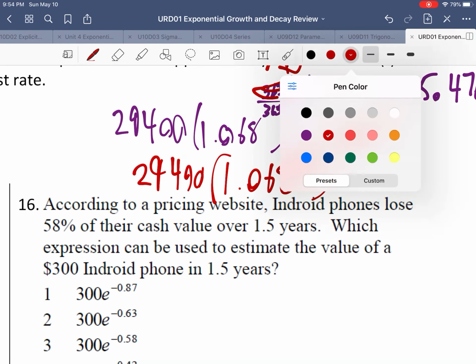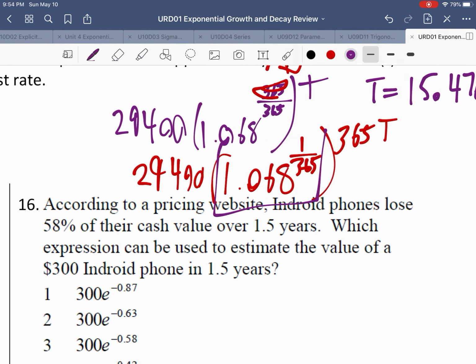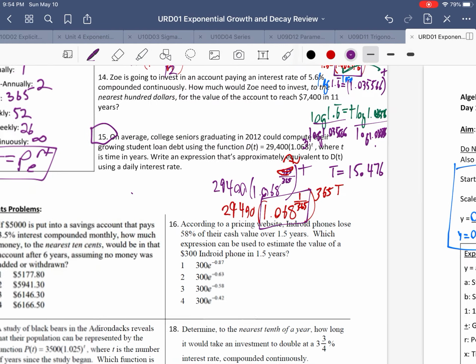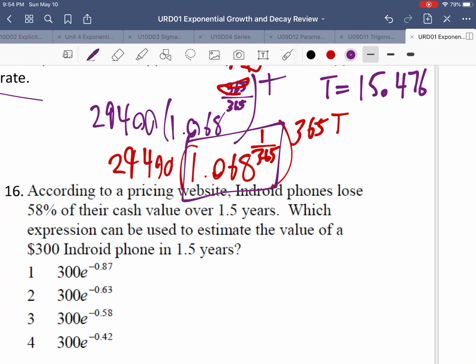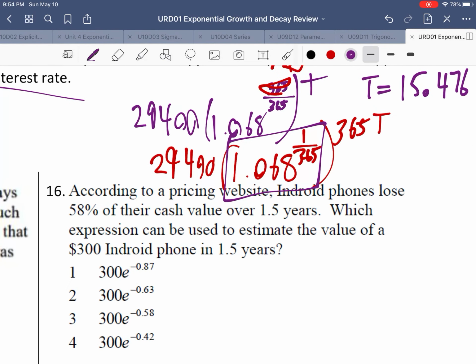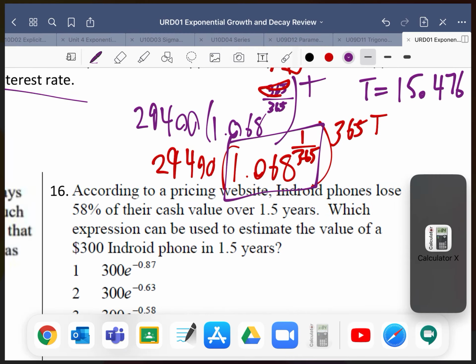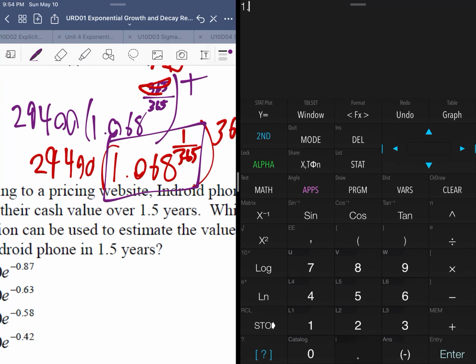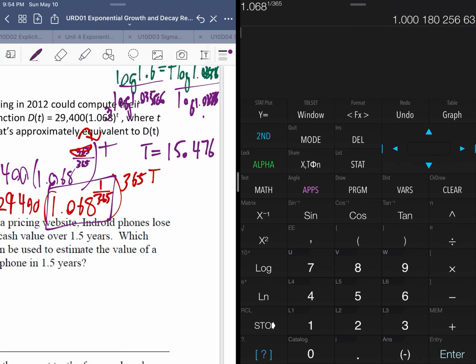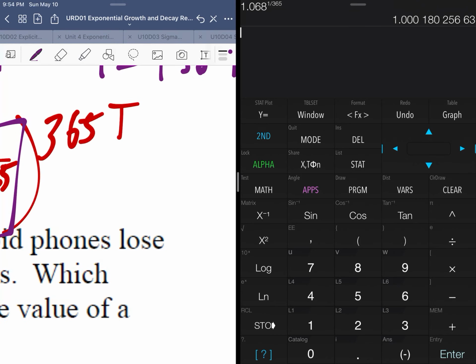All right, so now all I have to do is evaluate this expression here to get the daily interest rate. So we're just going to calculate that using a calculator. Just going to open this. So we're going to do 1.068, if I could type the right thing, it would work out. 1.068 to the power of 1 divided by 365. So that's going to be